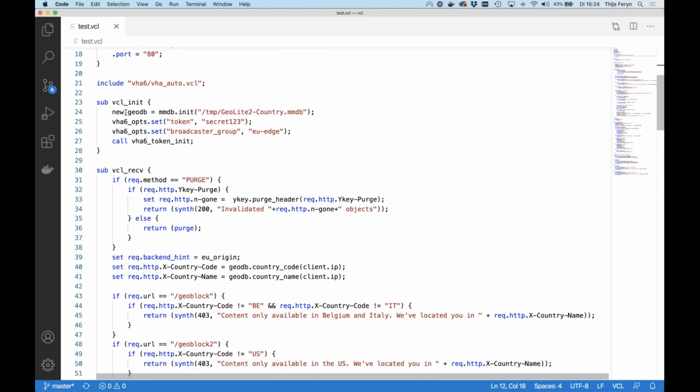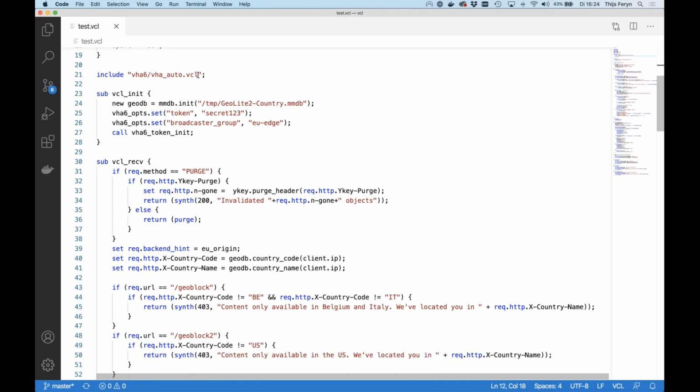Line 21 is interesting because it's yet another include. It includes other pieces of VCL, and it hides the complexity of this VHA6 script behind the include, which is quite convenient because VHA6 stands for Varnish High Availability version 6. So that's our clustering, replication, and high availability tool. Most of the complexity is hidden away behind the include file,